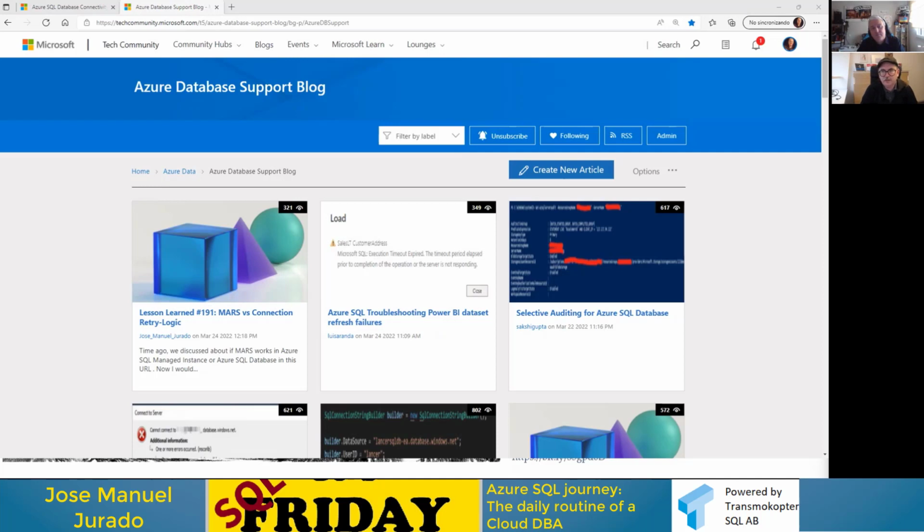But I like what I've seen so far in the presentations about SQL 2022: the ability to set up a distributed availability group. I haven't tested anything in the private preview, but from what I saw during Bob and the other guys' presentations at Ignite, it looks very promising.